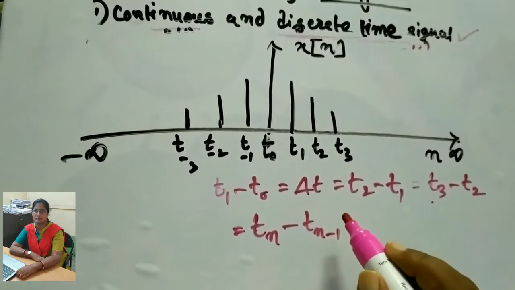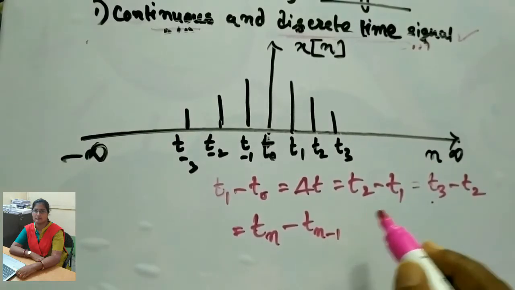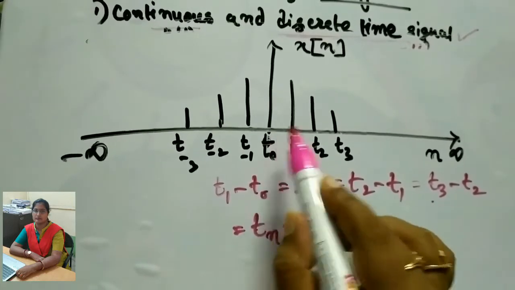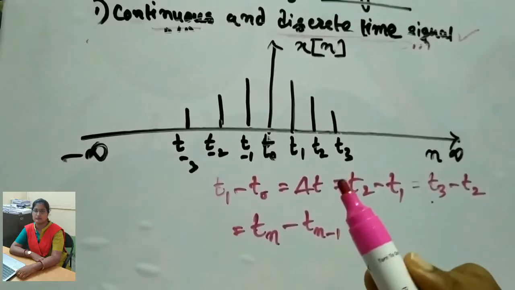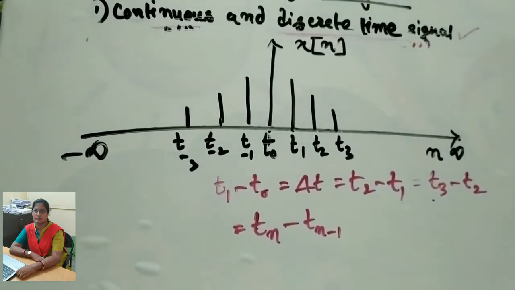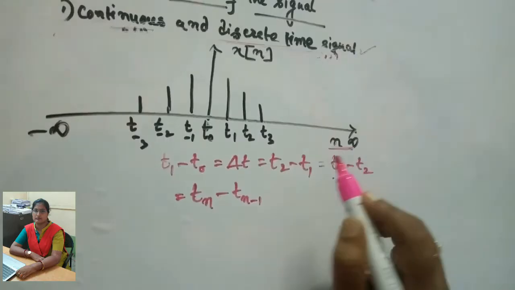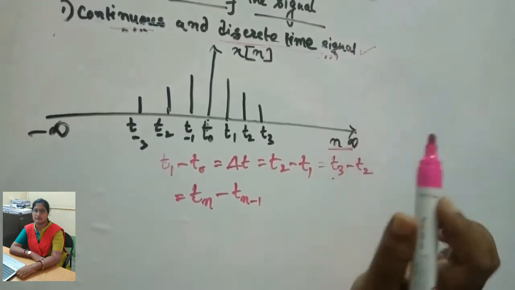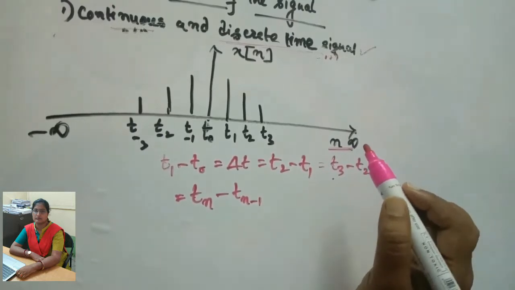So in this case you can see that the discrete time signal is uniformly sampled. That means the time period or the time interval of occurrence of each pulse is constant or the same. Therefore, it is called a uniformly sampled discrete time signal. Now, we will discuss one very important thing, that is the existence of integer n. That is why we represent the x-axis for integer n instead of t in case of a discrete time signal.